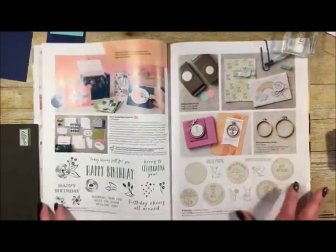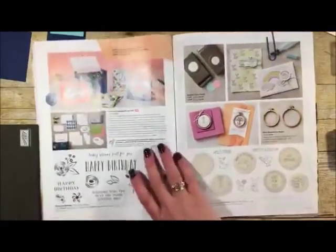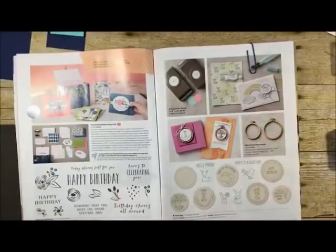So anyway, enough chit-chatting about my childhood. Let's go ahead and get started with this card. So I'm going to flip it down. All right, so I have the catalog open here, and let me grab the card one more time